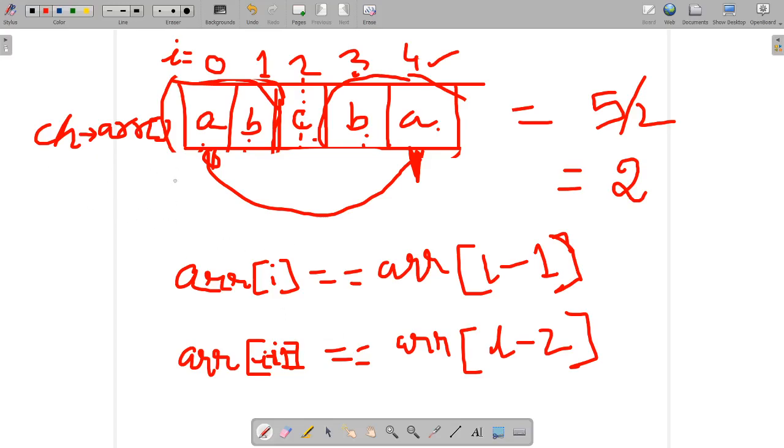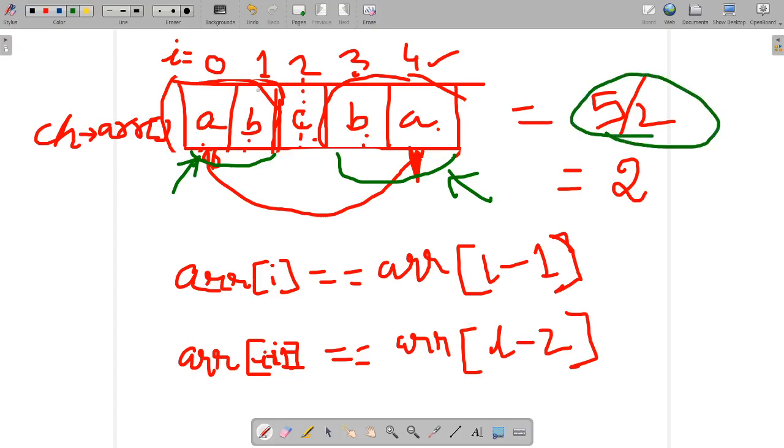And see, the thing is, one half points up to here, the other half up to here. So this half will run from I equal to 0 up to length by 2. That means for this example, from the first up to the second character it will run.